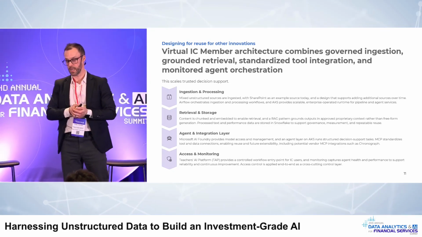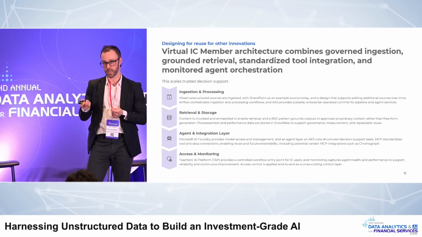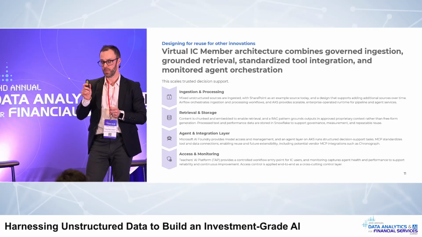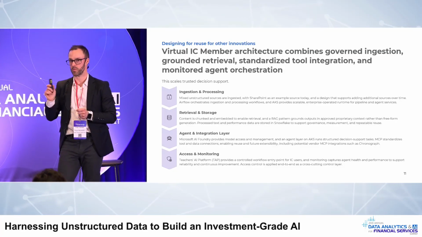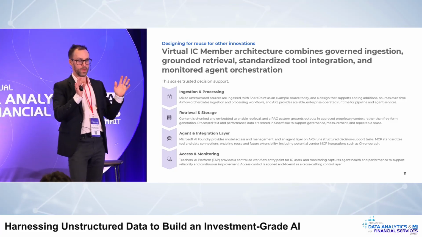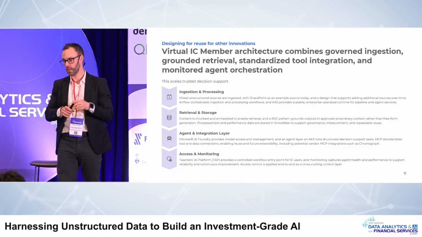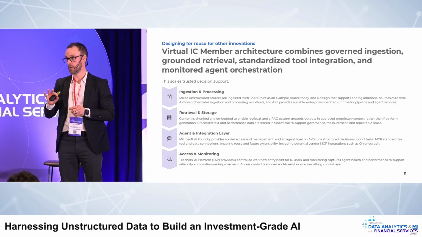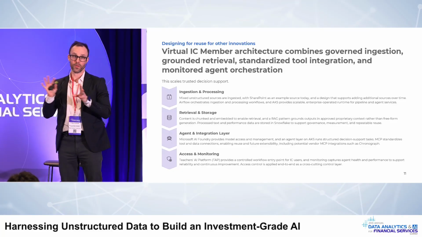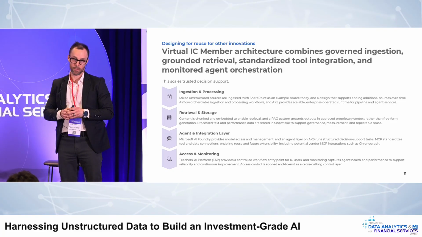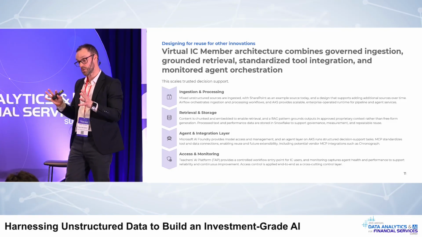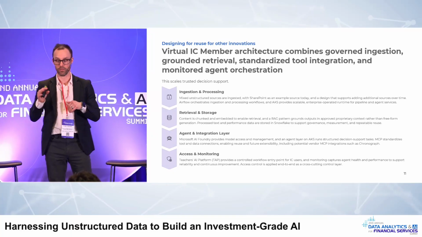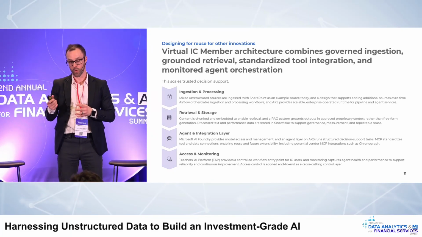Observability was key, and I've heard a lot of this over the last couple of days, so being able to track adoption, being able to track the performance of the system. The unstructured data pipeline quality was key, and cost. Cost, compute, and tokens, and having the FinOps around the architecture was key. In an investor environment, there's a keen eye on ROI for everything, and so these are some of our core design principles.